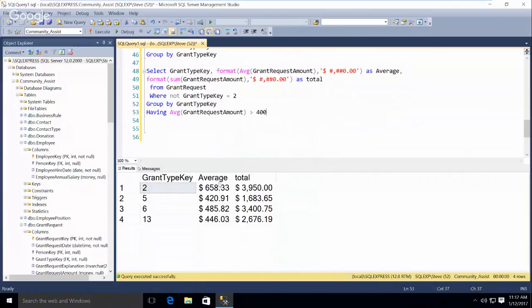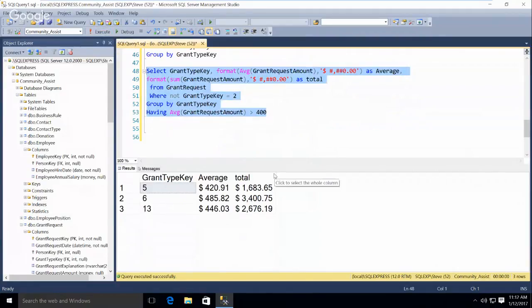Rent is the highest, right? It's there. The where and the having work together just fine, right? They've excluded two. A couple of things though. The having is always after the group by, because it has done the grouping. The where is always before the group by, because it's operating row by row. So you can have both.